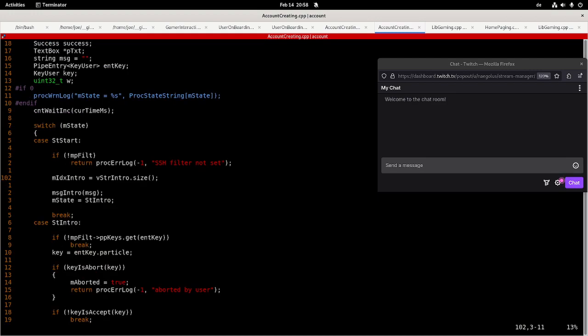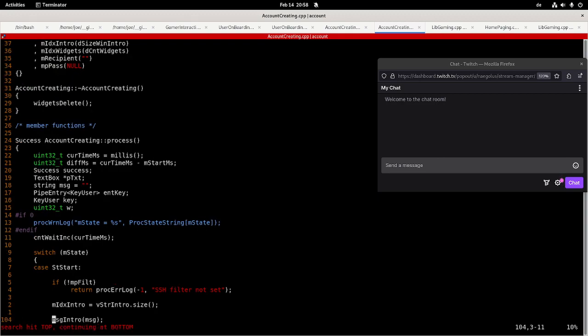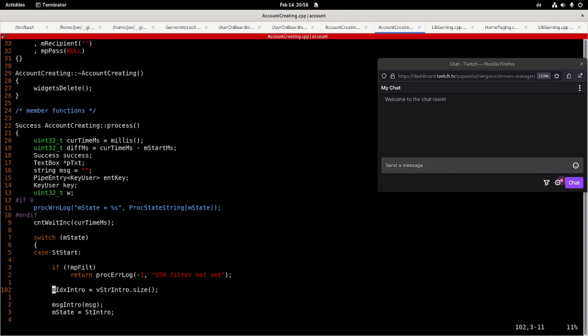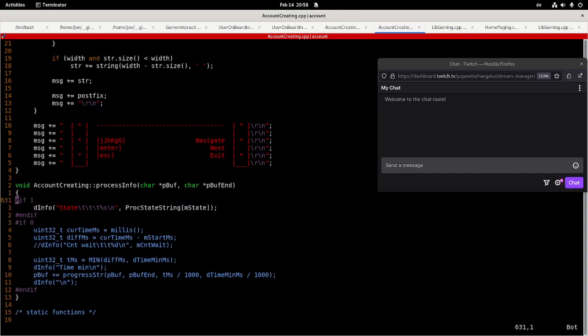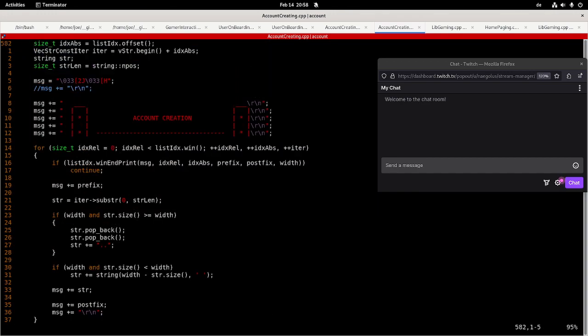Size win intro, and the window size is in the constructor, and the assignment operator sets the size. That's fine. So now we have set the index variable, and the index variable can be used to